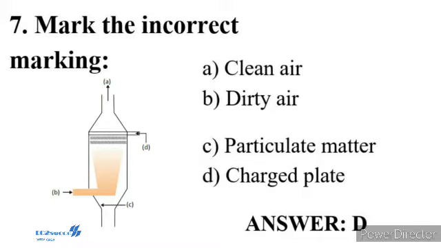Question number 8. Which of the following structures guides the pollen tube into the mature embryo sac? Shown in the diagram A, diagrammatic representation of a mature embryo sac. In the majority of flowering plants, one of the megaspores is functional, while the other three degenerate. Only the functional megaspore develops into the female gametophyte, that is called the embryo sac. This method of embryo sac formation from a single megaspore is termed monosporic development.